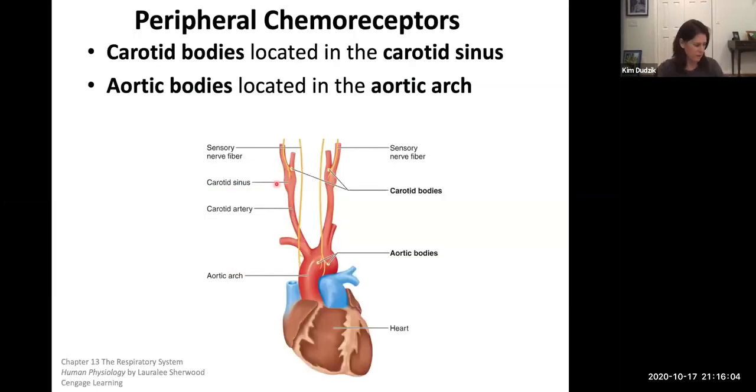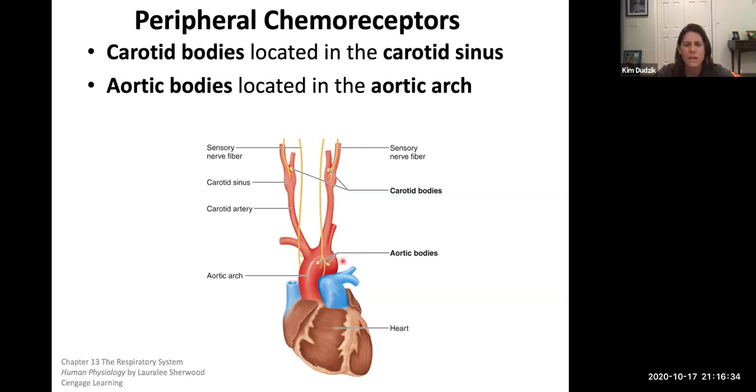And so where are some of these receptors? We've got the peripheral chemoreceptors. I think I talked about this a little bit before too. We've got them in our carotid bodies, remember, up in the carotid arteries that head up to our brain. These are the carotid bodies, these kind of swellings that occur here. And that's where we have those chemoreceptors. And then remember, every receptor is attached to a sensory nerve. So that's heading up to the medulla oblongata.